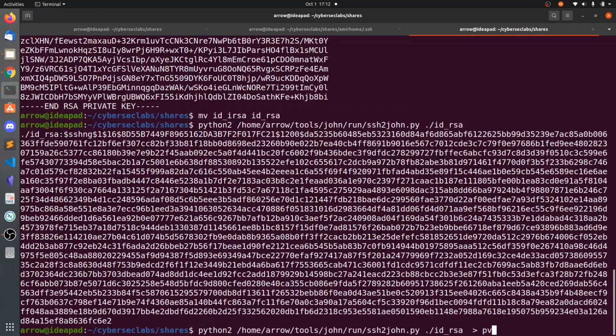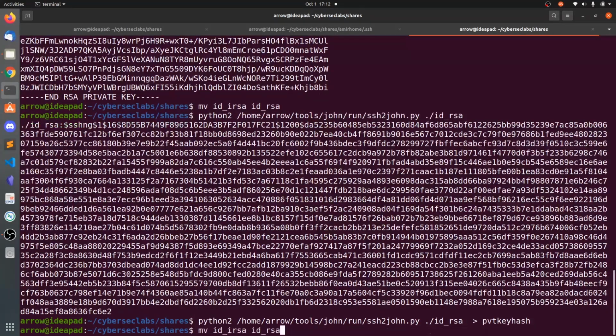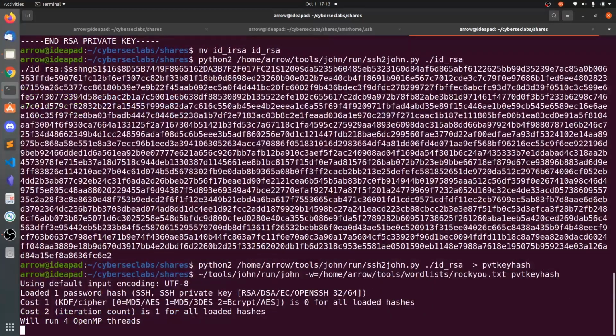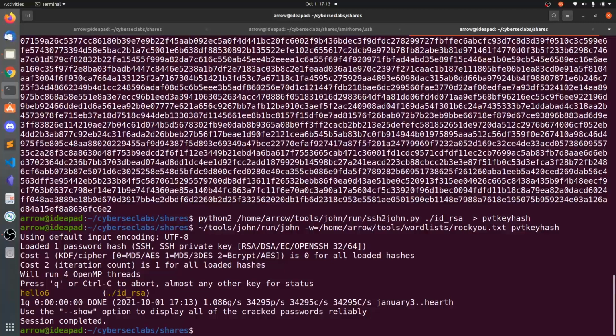Now we can pipe this to private_key_hash. Now let's use John to crack this private key hash. So you can see hello6 is the password.